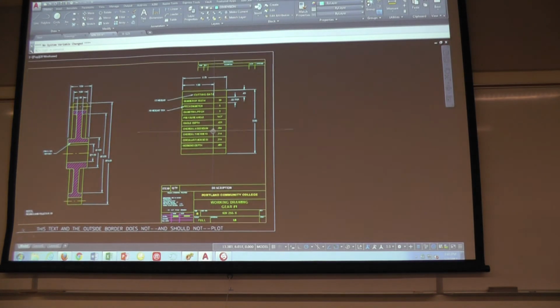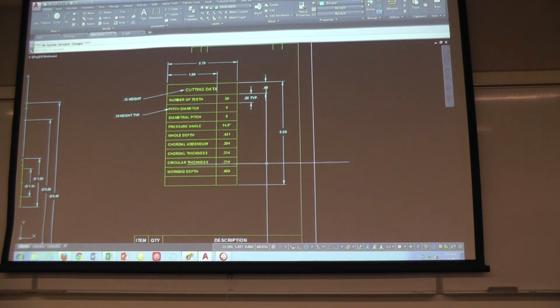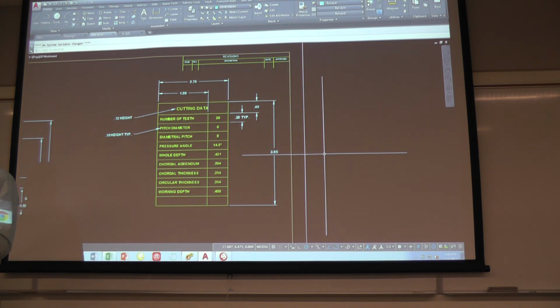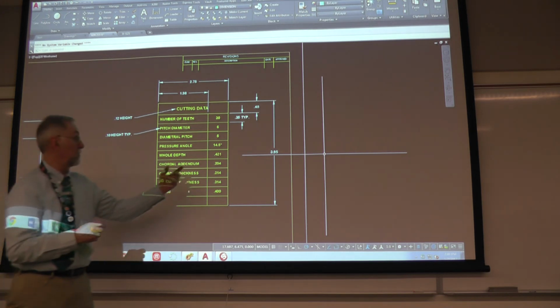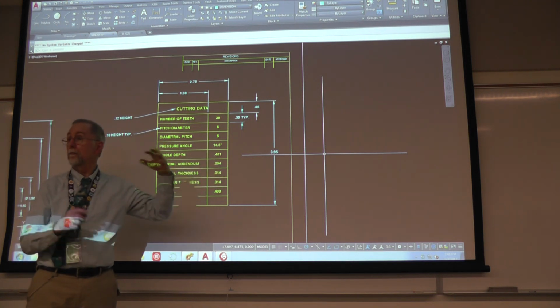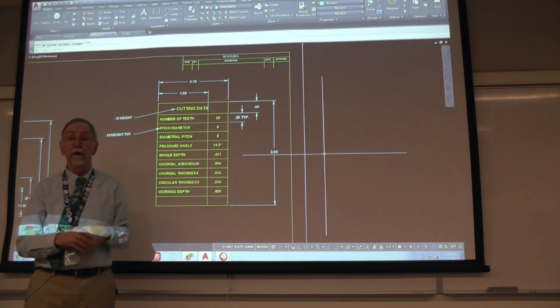In the drawing, now in your sample drawing and the one up on the board, in previous classes I have said you might want to consider making a table out of it, an AutoCAD table, for practice. I'm not a huge fan of tables. It's kind of cumbersome and you have to do a lot of tweaking to it to get the fact that